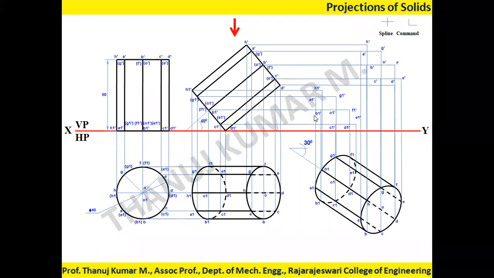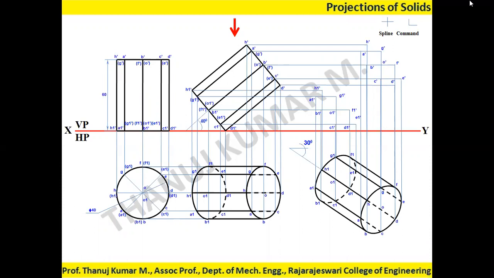Understood? So drawing an ellipse is essential here, because when a circle is inclined at some particular angle, it is not a circle anymore, it becomes an ellipse. That should be kept in your mind. So after you have located the points, once again, the same rule applies, especially for Solid Edge, where when you're drawing a spline, when you're taking a spline command, either you should have the intersection command or corner command, end command. The end point or the intersection point has to be considered. So keep in your mind, that is very, very important.